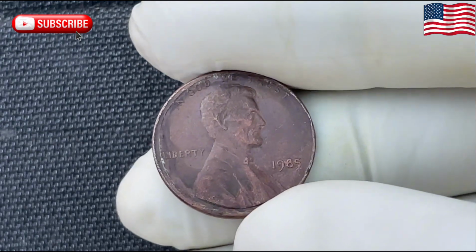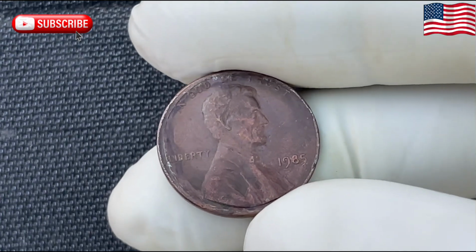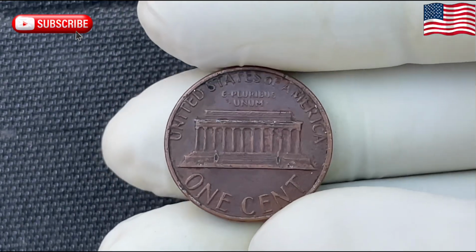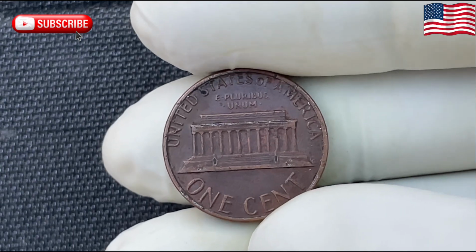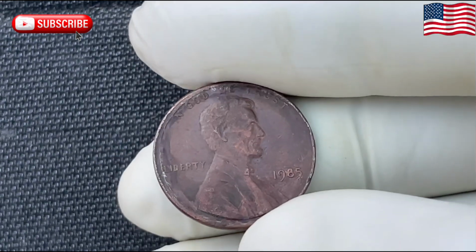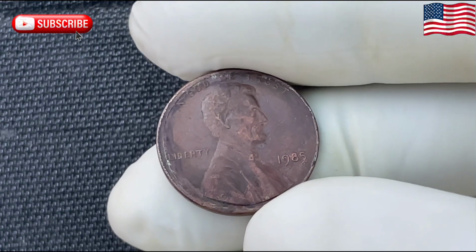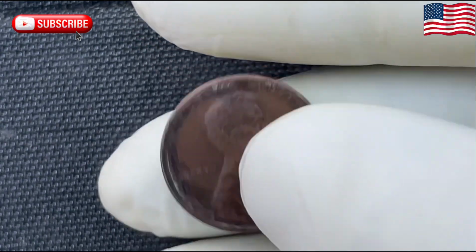The 1985 penny is part of the rich and storied history of American currency. For decades, the penny has been an iconic coin in the U.S., featuring the portrait of President Abraham Lincoln on the obverse and the Lincoln Memorial on the reverse. But what makes the 1985 penny stand out, especially in the eyes of collectors, is its place in time. 1985 was a year marked by both economic shifts and technological advancements, and it serves as a milestone in the